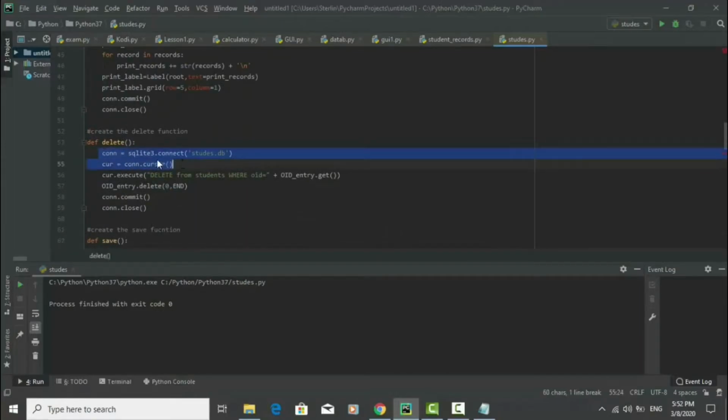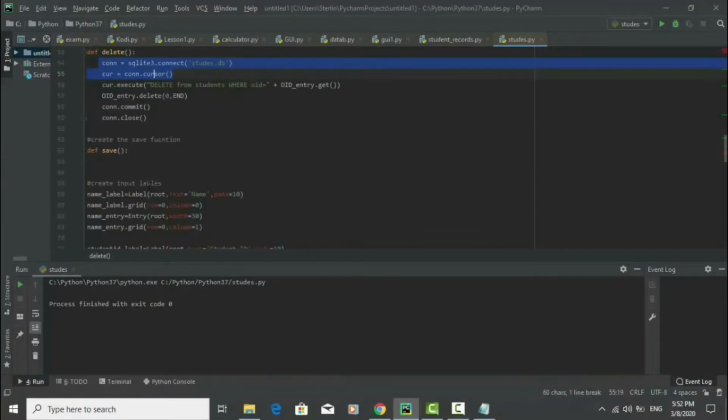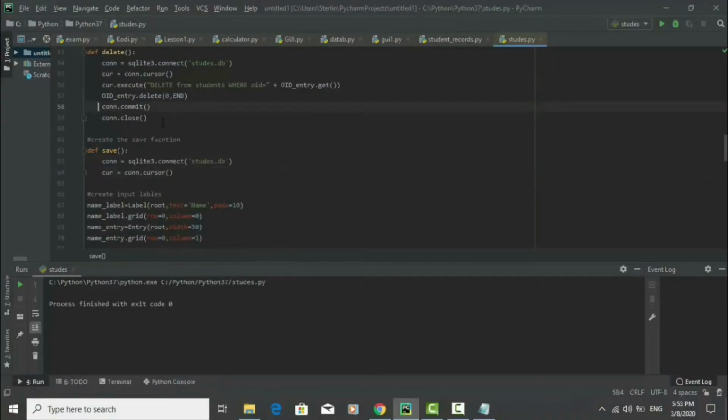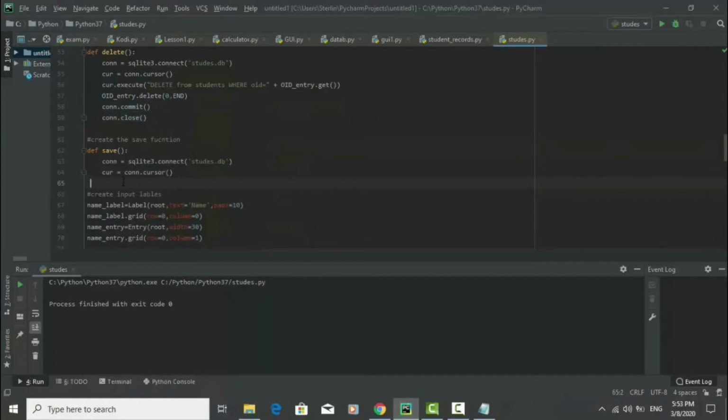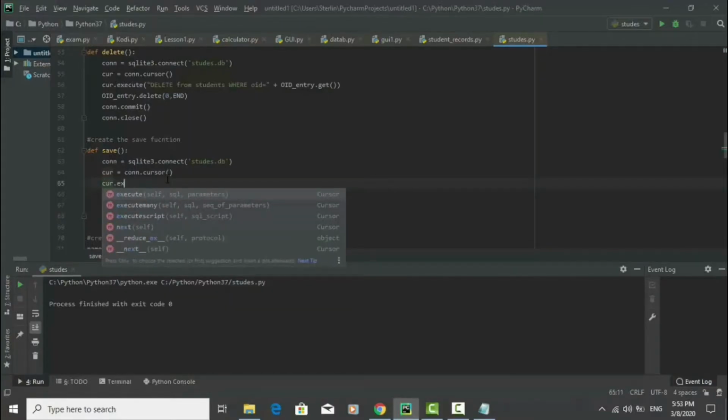Now we are going to just copy this and paste it there just like before, and also the commit and the close. Copy and paste. And in between here, we are going to send our cursor to execute a mission in the database, and we do this by saying cursor.execute, and inside the parentheses,